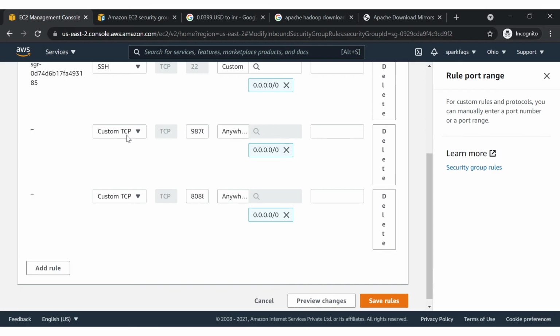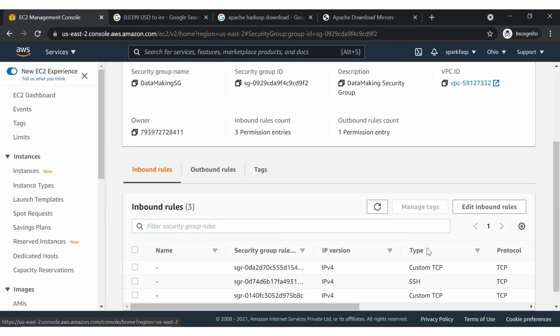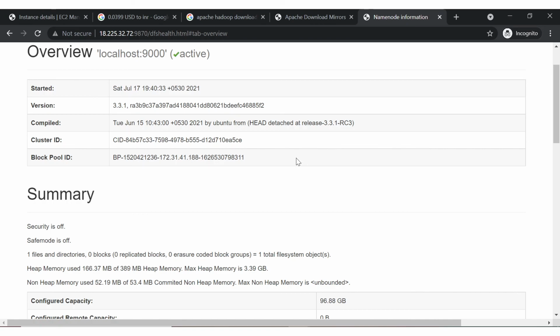Basically we will access an HTTP URL which sits on top of TCP. The port numbers are 9870 for the name node web UI, and 8088 for the YARN dashboard web UI. Once these two ports are added in your inbound rule, save the rule changes, and you should be able to access your name node web UI using the public IP address of the EC2 instance colon 9870.